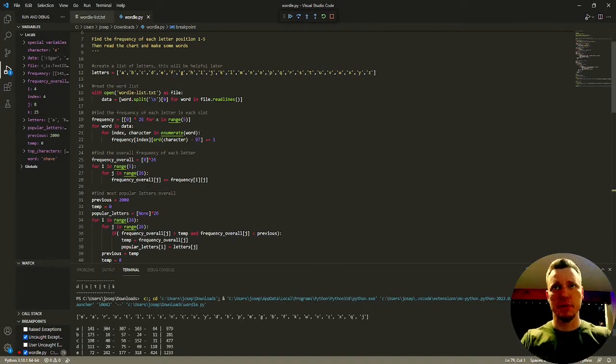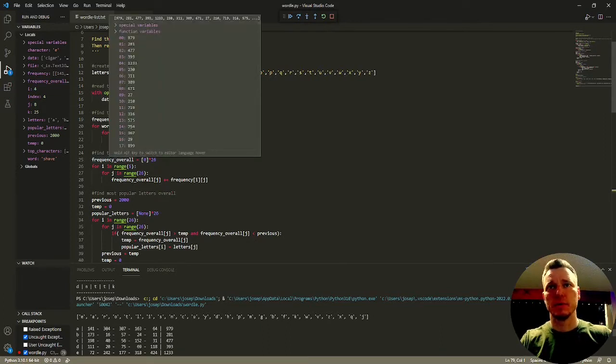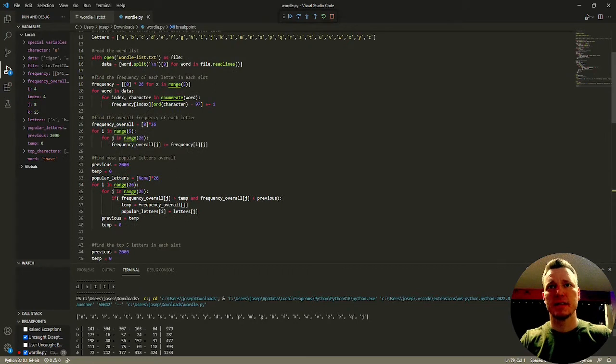Okay, this is going to count each one, like we said. This is going to total those for each letter across the slots. Get that overall frequency. Next, I've used the overall frequency and gone through each of the 26 letters and organize